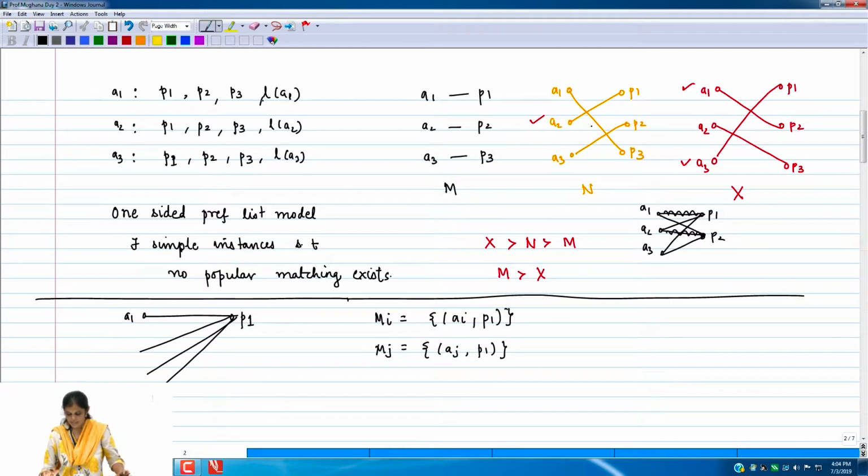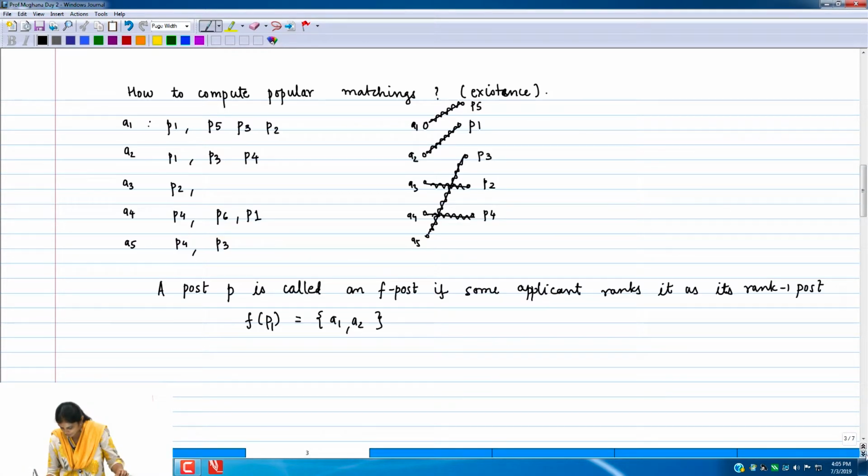So its S of A is indeed P2, but you do not have enough posts between F and S to get matched. And if in this reduced graph where everybody has 2 edges, you cannot find enough posts, or if the matching that you find is not applicant complete, that is, it does not match all the applicants, that is, it has size less than the number of applicants, then you will say that the instance does not admit a popular matching, right?